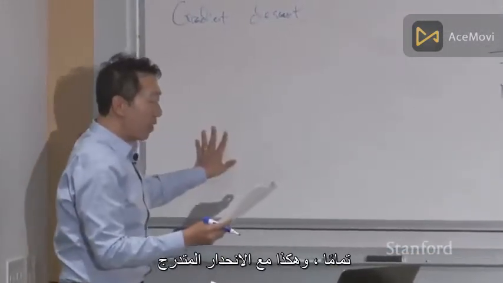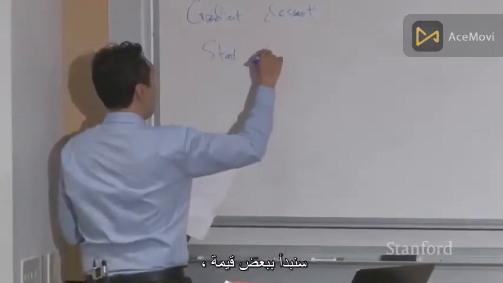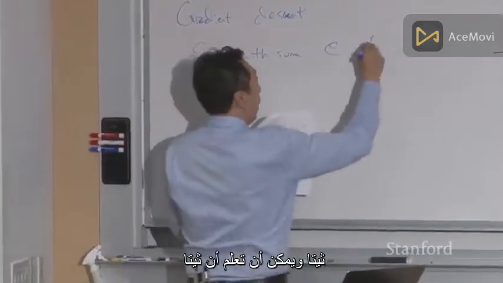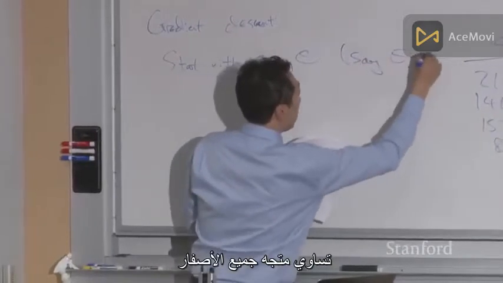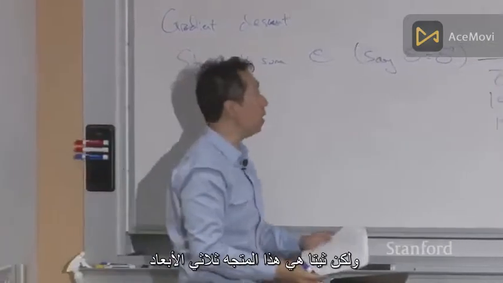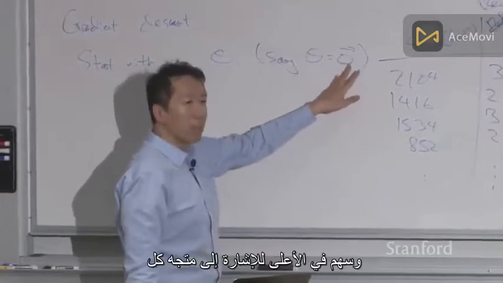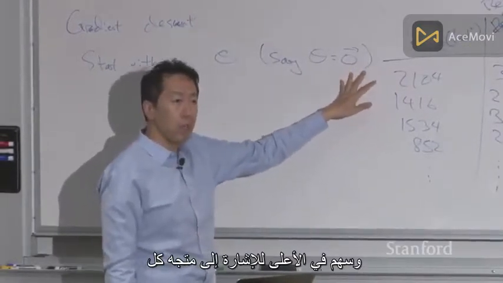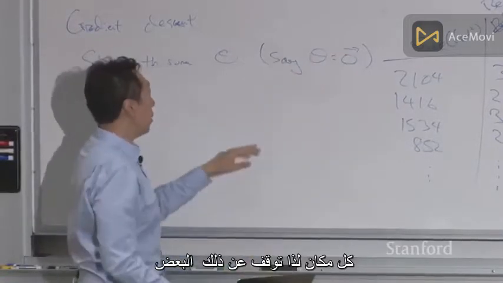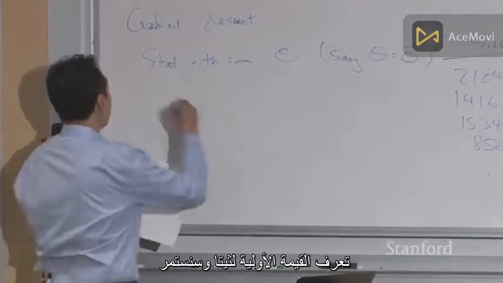All right, and so with gradient descent, we are going to start with some value of theta, and it could be theta equals the vector of all zeros, which would be a reasonable default. We could initialize it randomly. It doesn't really matter. But theta is this three-dimensional vector, and I'm writing 0 with an arrow on top to denote the vector of all zeros, that's a vector that's just 0, 0, 0. Right? So start with some initial value of theta,